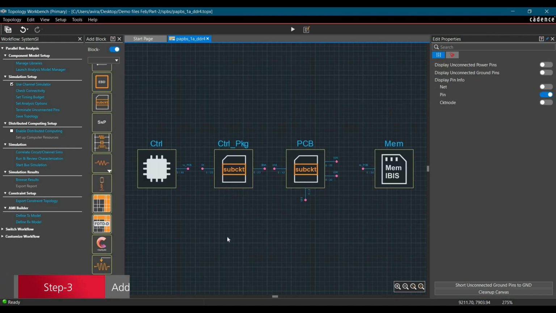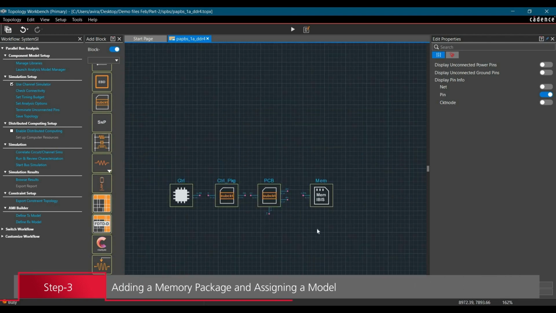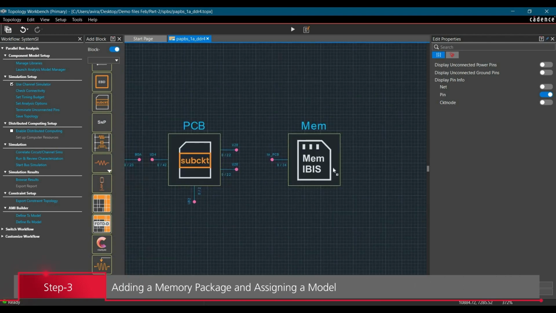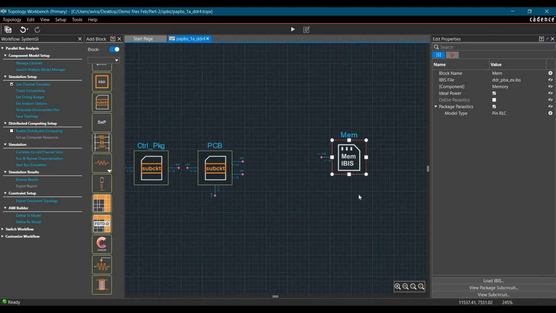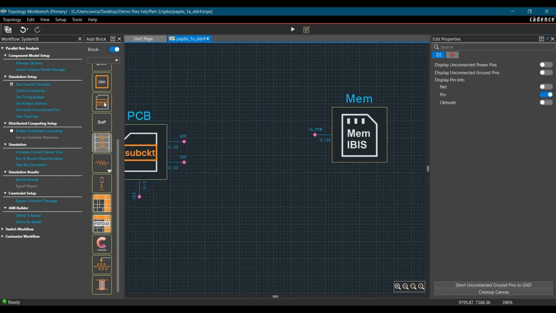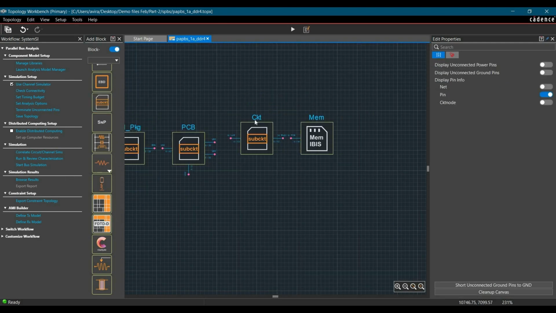Now in the next step, we are going to add a memory package, which will be between PCB and memory. So let's do that. I'm just going to place this memory here because under that we are going to place another memory, which will be our second memory. So let's place another sub-circuit block here and I'm going to name it memory package, which will be mem underscore